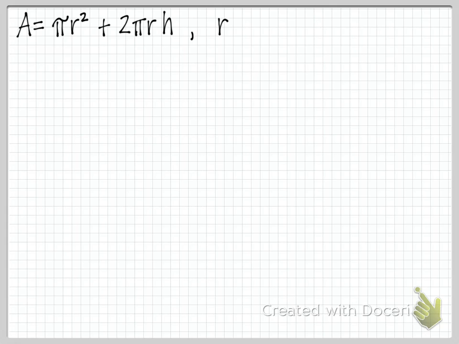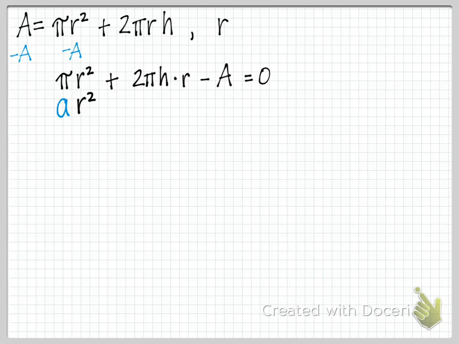And once again, we're going to solve for the letter r. We've got r squared in this first term here, and r to the first here. So we've got two terms with r in them, and they are of different degrees. If we subtract the a from both sides, we notice this again was one of those quadratics in hiding. There it is in standard form,